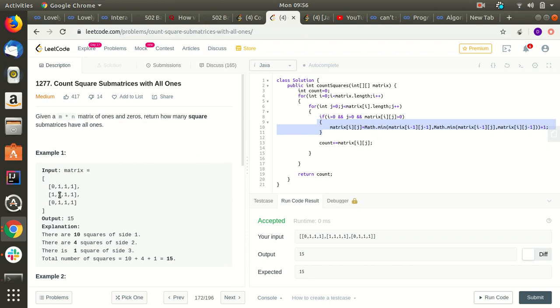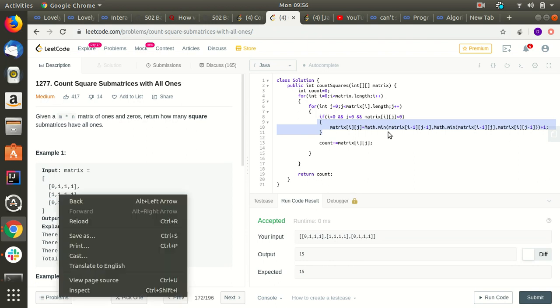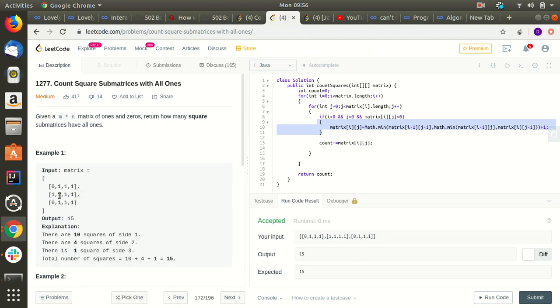Again over here, this is matrix[i][j]. In this, i is greater than 0 and j is greater than 0. Over here i is 1 and j is 1. So what we'll do is we'll check all these three elements, 1 0 1, and we'll take the minimum and add 1 to it, and store it over here.